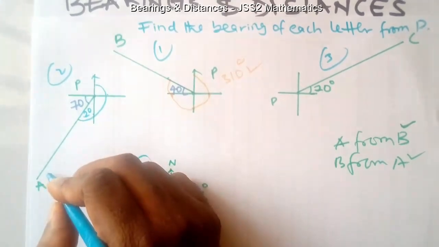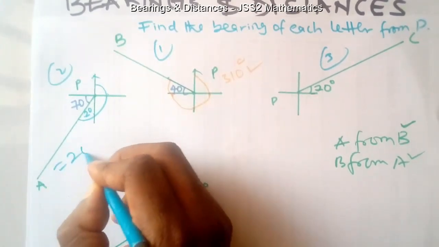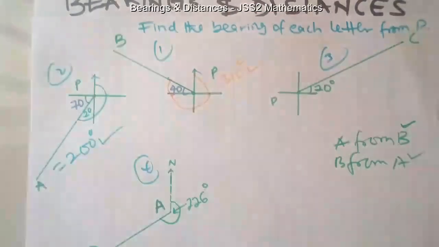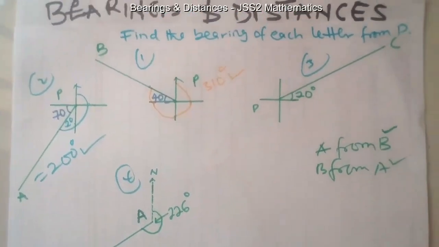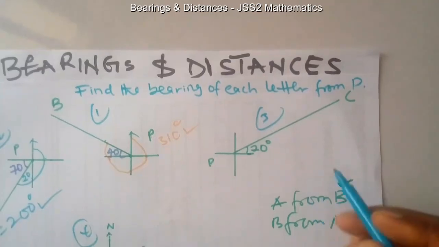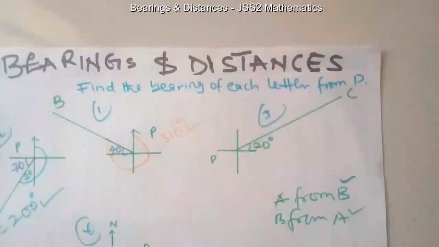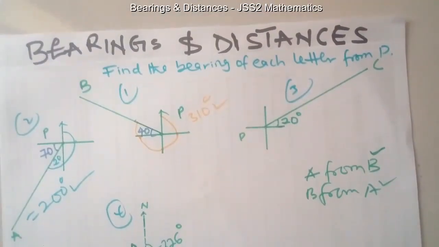The bearing of A here from P is 200 degrees. I hope this is clear. All right, number 3, the bearing of P from C. So how do we take this bearing? The bearing of P from C,